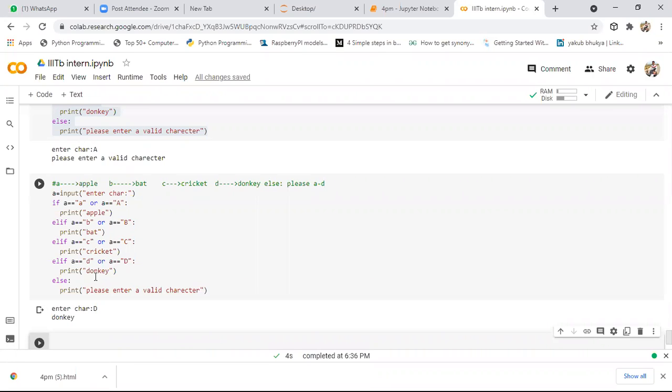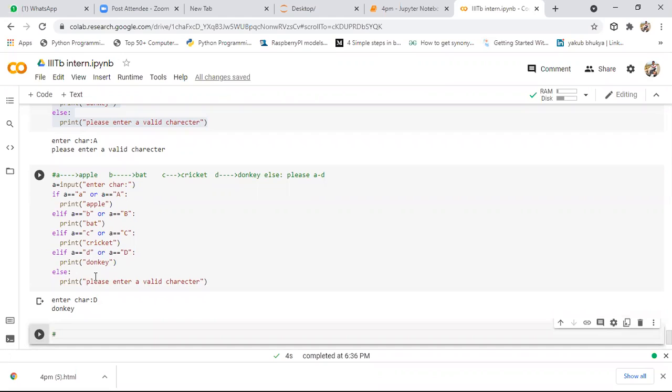Now here I'll give one more assignment program to you. Your basic assignment task will be to take user defined input as an integer. If you give input like 1, it needs to give output like ONE1. If you give input like 2, it needs to give output like TWO2. If you give input like 3, it needs to give output like THREE3. Till 9 you want to get an output. So if you enter 9, you'll get an output like 9.